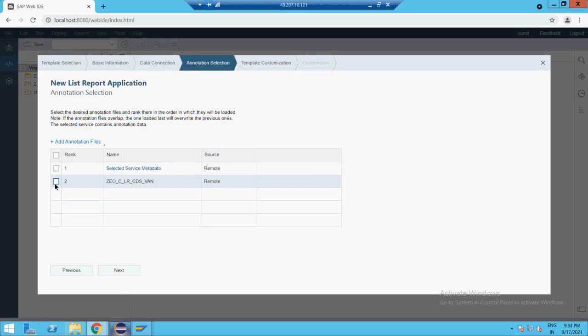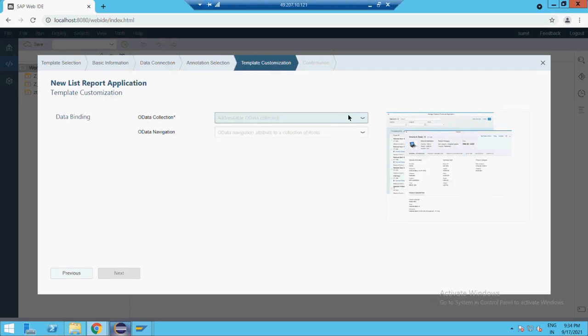Here you would be finding two files, one the service metadata and the annotation file. So this annotation file is ultimately responsible for your actual UI behavior. Okay. You can also go by selecting any sort of custom annotation file. So what would happen is the VAN is ultimately nothing but an extension of the particular annotations file. Sometimes if you have already annotation ready as a part of a separate file, then you can also add it over here. Ideally, it's advisable to always have an annotation file which is available over here,